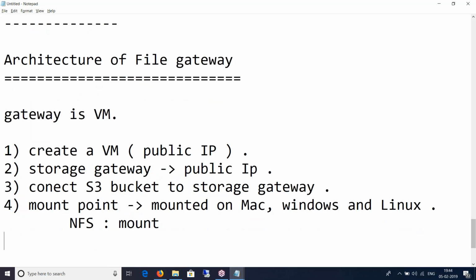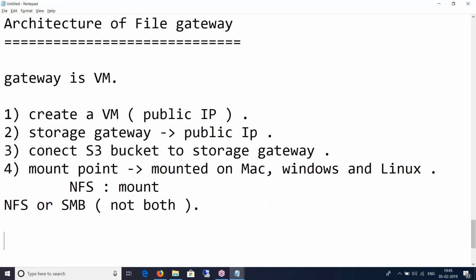So you have to create and configure your file share, and associate that share with your S3 bucket. Now the file share is a major component of this entire architecture. Doing this will make this share accessible, but just by the clients that are using NFS or SMB, not both, because I cannot configure a storage gateway with both NFS and SMB. It's NFS or SMB.